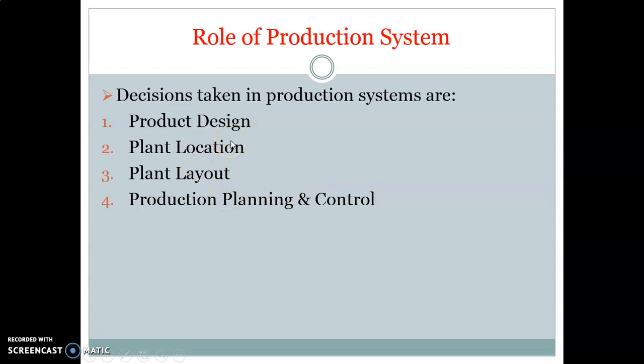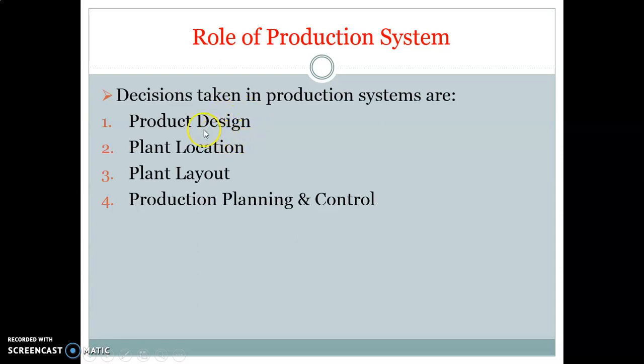So first, product design. Immediately after completion of prototype or modeling which is successfully completed and tested, we have to go for product design. Means once prototype or model gets successfully tested and gives the favorable result, then we are switching to the commercialization of the product, and it is in a design department, or simply we are calling it as design. So here we have to plan for product design.